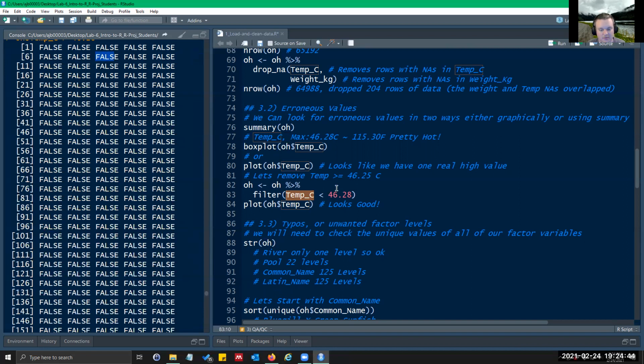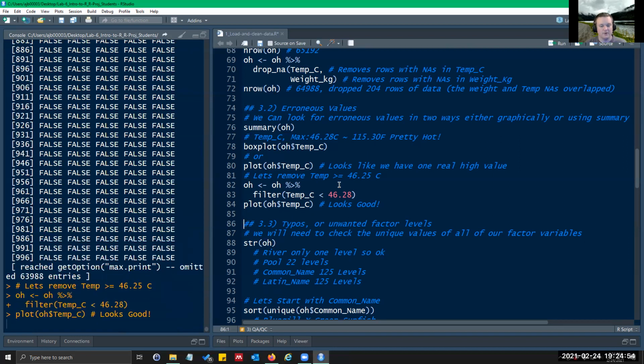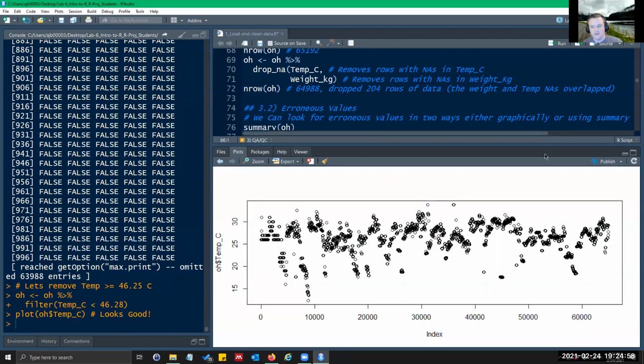So it's just going to remove the one that's true. And then it's going to assign it back to Ohio, so we're overwriting that data frame again. And if we do our plot, you can see it's gone.